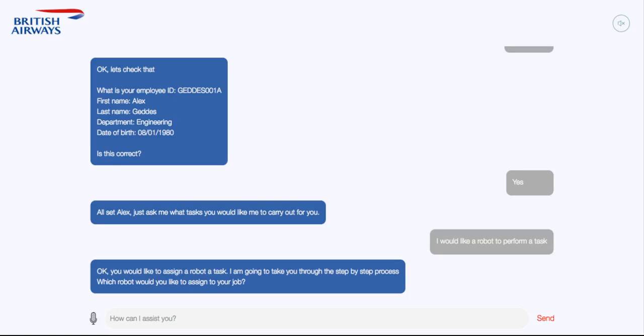I have set a number of different robots in this instance to let me know which kind of robot I would like to use. So imagine I'm just going to say,